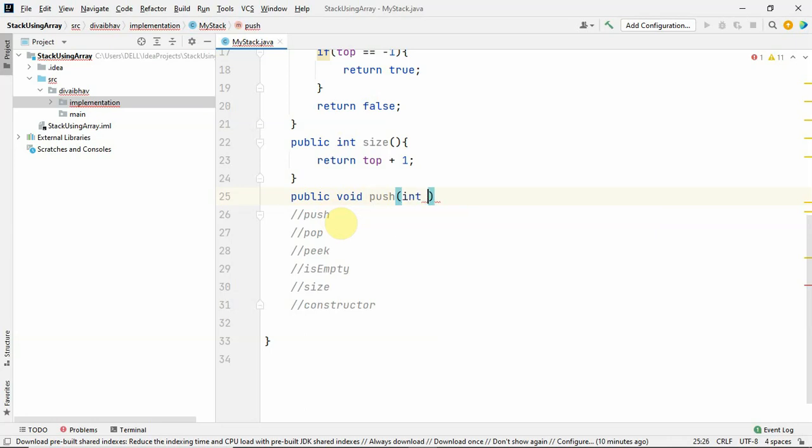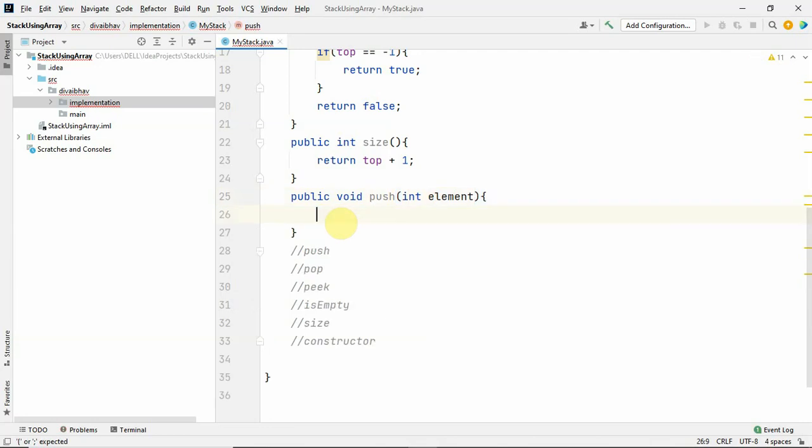Our stack can only contain integers, so we are going to push integer elements. If there is space in our stack, we are going to push a new element. If there's no space in our stack, we are not going to push any element. So let's see how to check that.